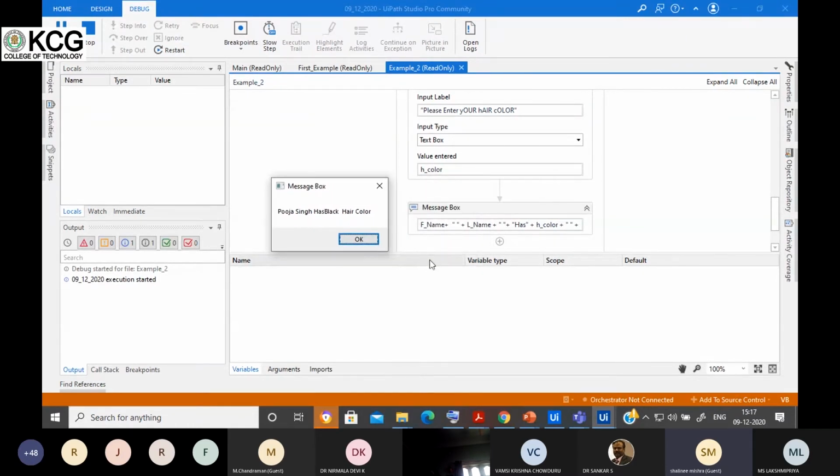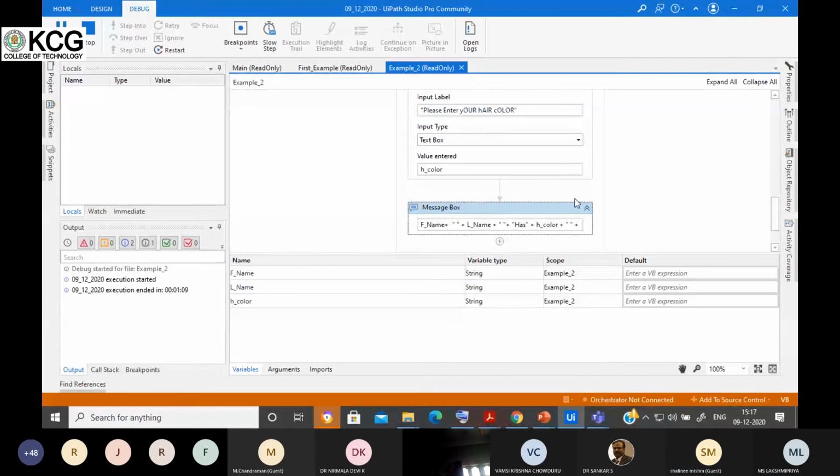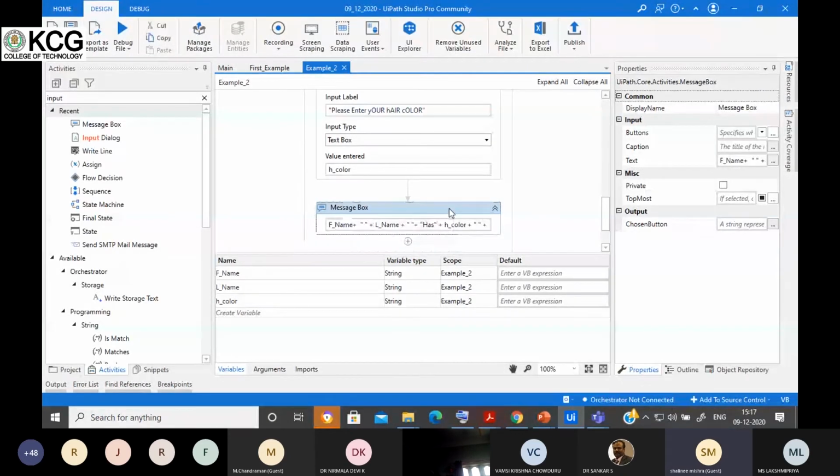Okay, so the first name I entered is Pooja, and the last name I entered is Singh, and then has. In between this I have not added the space, that is why I am not getting the space here. And then black, I entered the hair color, and after that I have added one string, so that I am getting here.